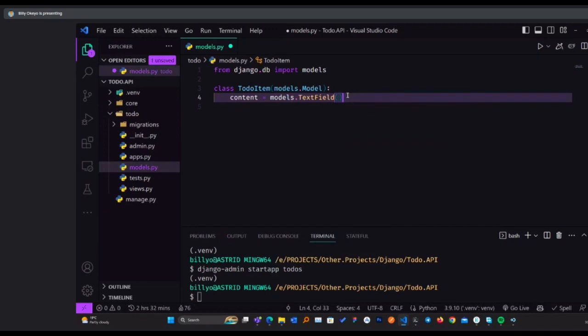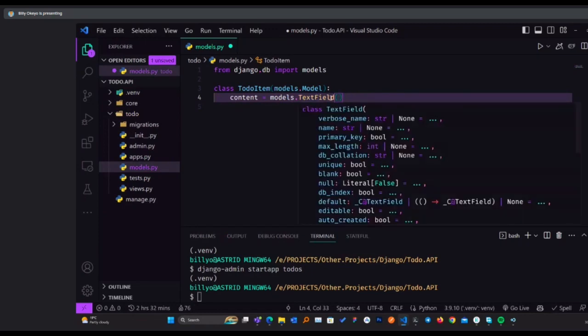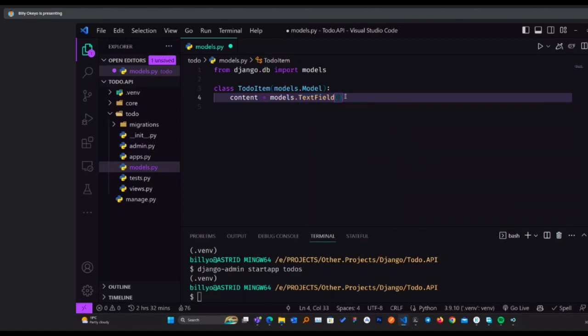So I'll have models.TextField. These are types that you use, and some of you might have interacted with them. There are several: there's text field, there's character field, there's integer, there is foreign key, and such. In our case, this will be a text field.